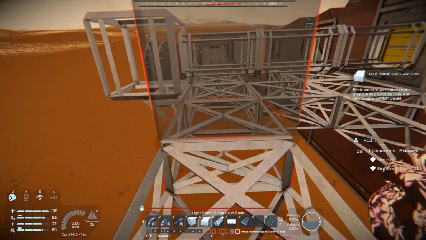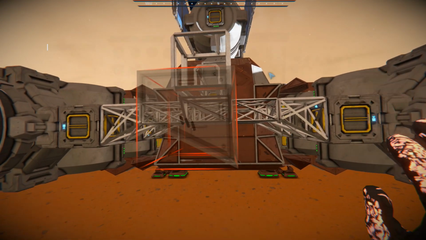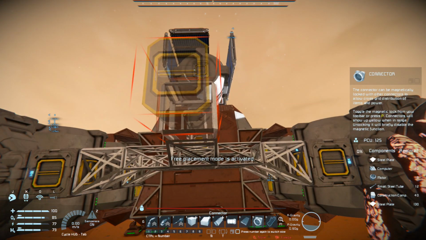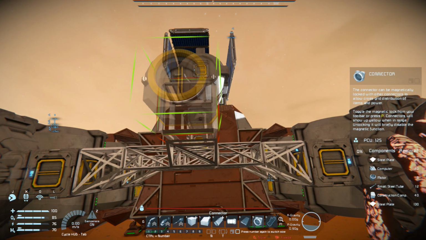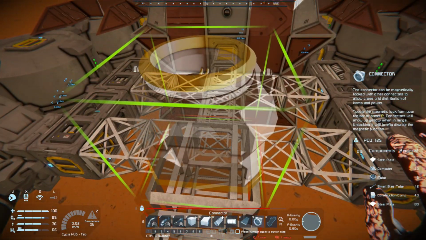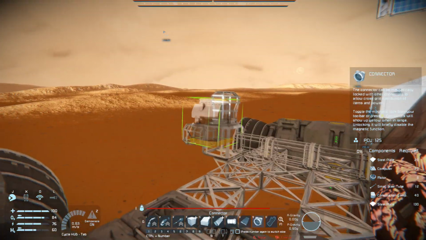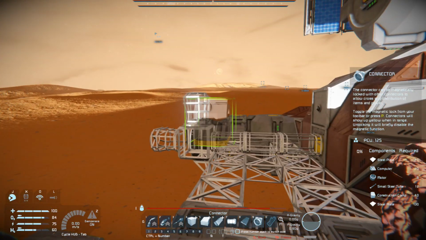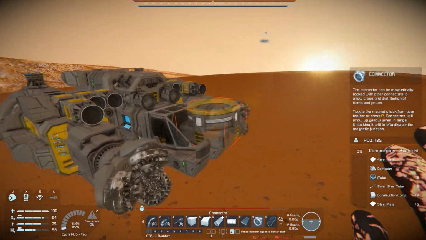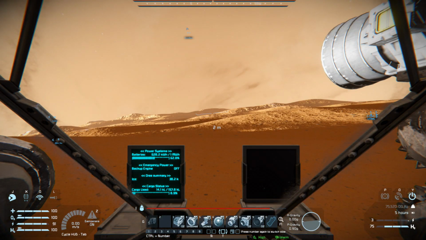Alright, so if we have all of that, that gets braced in there. And then we do a connector. Connector there. And connector there. I don't know if that's going to be far enough for the mining craft, though. Let's go find out. It's got enough juice for now, right? So...